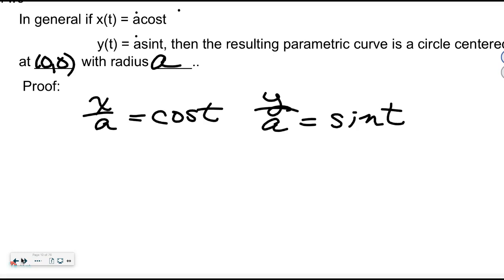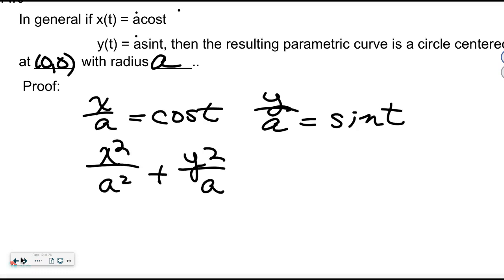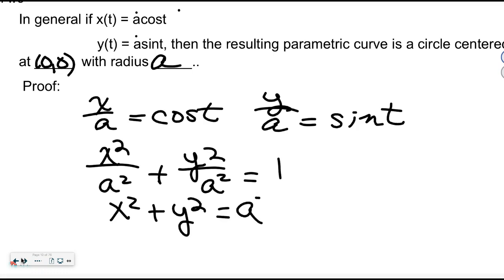Then I told you for the trig ones, use your Pythagorean identities. Cosine squared plus sine squared equals what? 1. So here I get my x squared plus my y squared equals what? A squared, and I get that it's a squared because it's so much clearer that its radius is a, not a squared. Does that make sense? So it's actually kind of cool. So on the next page,